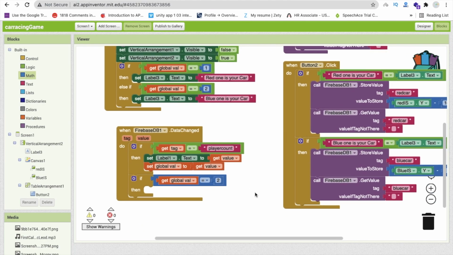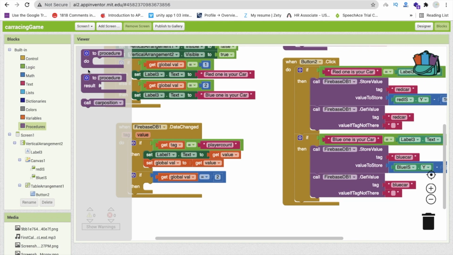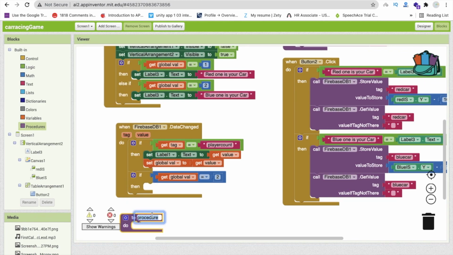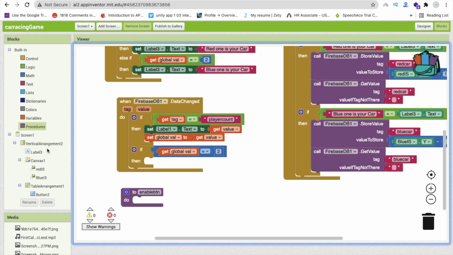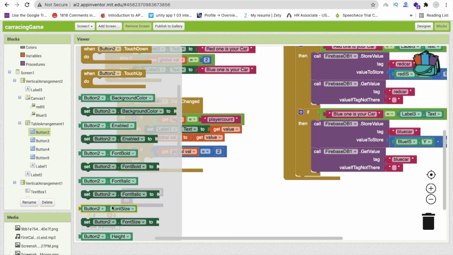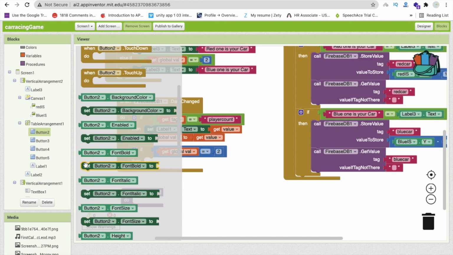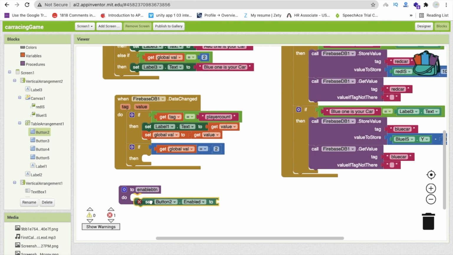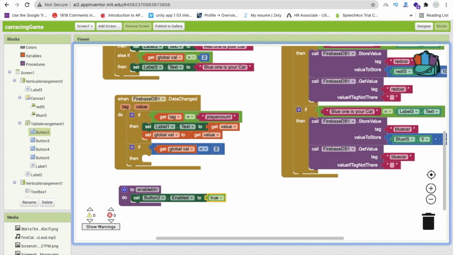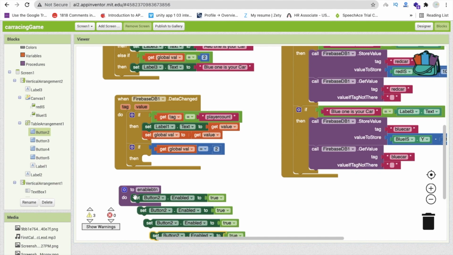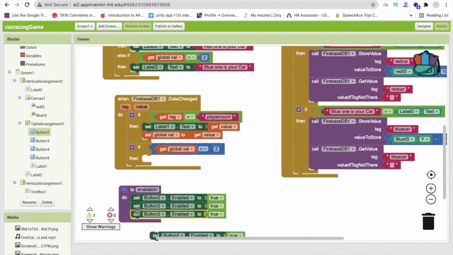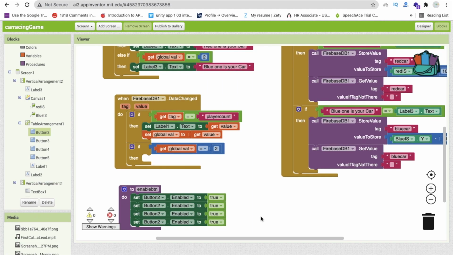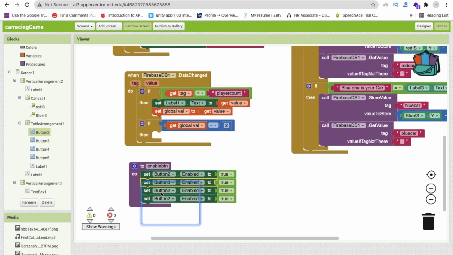So we will create one procedure here simply, and that procedure name is, suppose, enable button, enable btn. In that procedure I am going to use all the buttons, like button to set enable should be true, this one, and make this one not true like this, and we have to just copy paste 3 times like this, for button 2, button 3, button 4, and button 5.